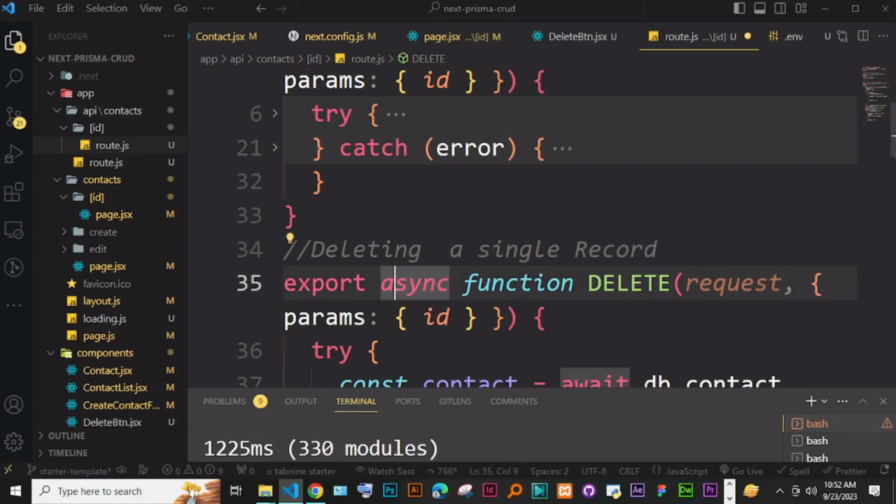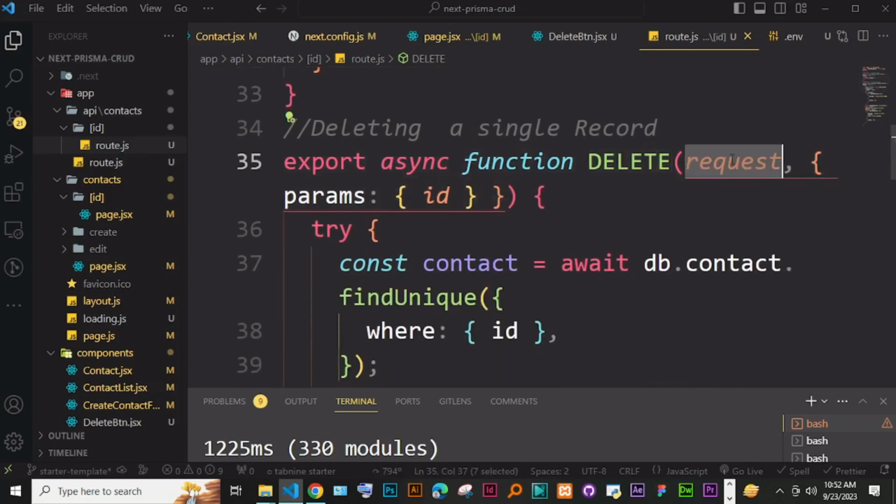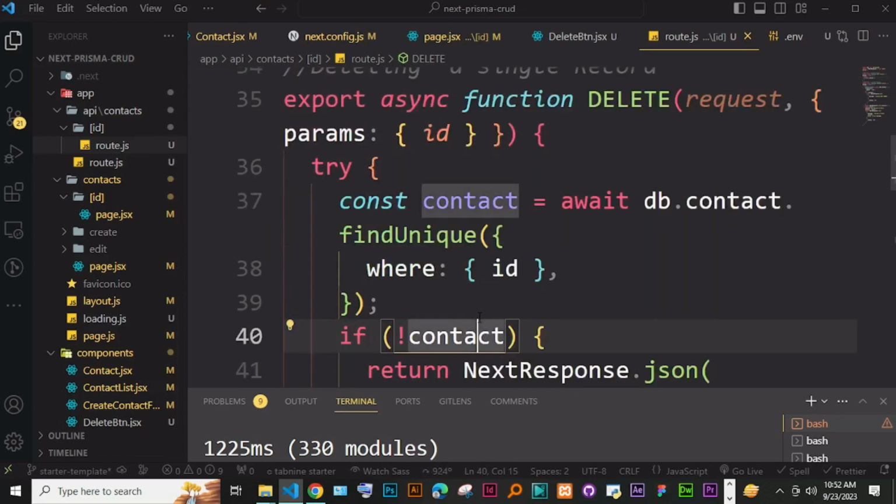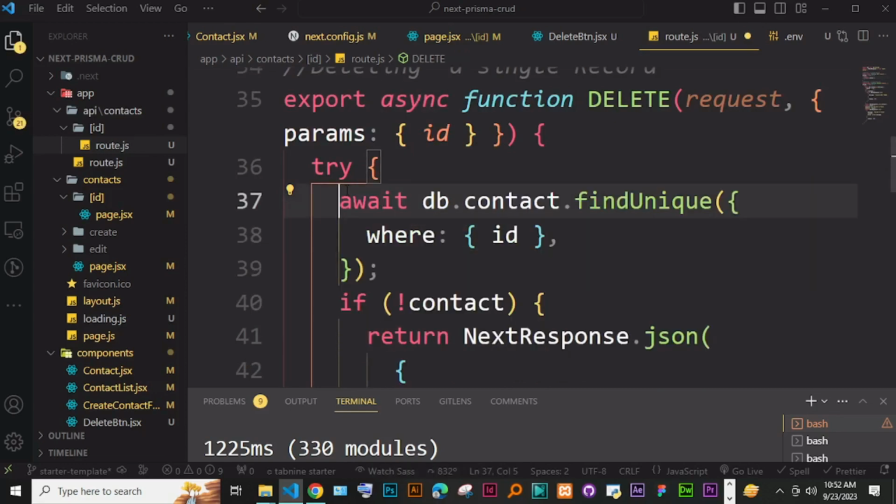So this one is export async function delete, okay. It also takes in a request and a param, because we want to know which item we are deleting, okay. So just leave it like this, and then on the delete part here you can just say this. We don't even need to save it in anything. You can just say await